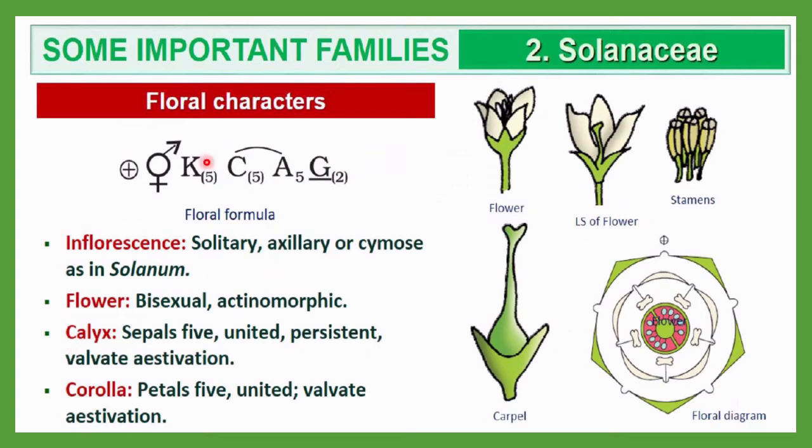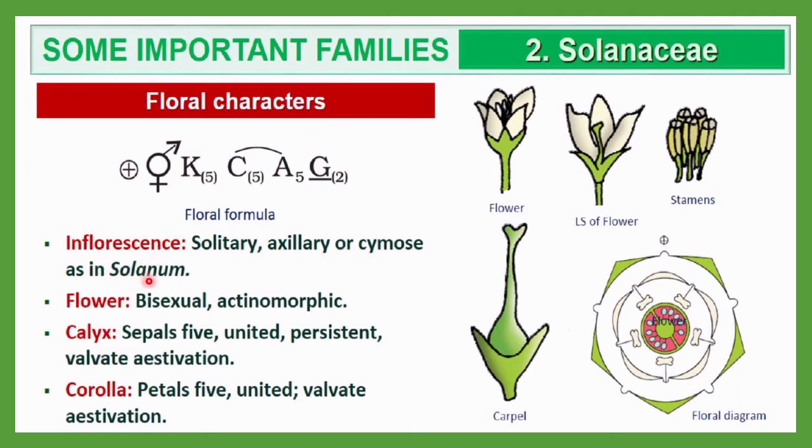Next, we discuss floral characteristics. So here you can see the floral formula. It has actinomorphic symmetry, bisexual flower. Then here you can see calyx having 5, corolla 5, androecium 5, and gynoecium 2. Let me discuss that. Inflorescence here is solitary, axillary or cymose type of inflorescence you can observe